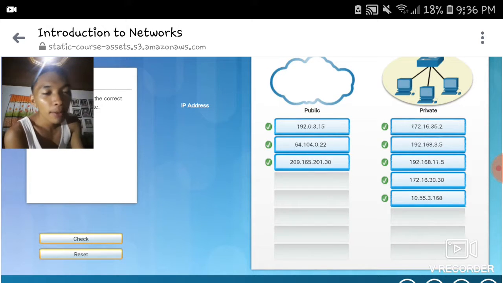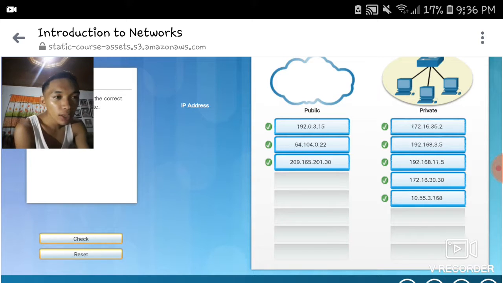This is the IP address for public: 192.0.3.15, 64.104.2.022, 209.165.201.30, and this is the IP address for private